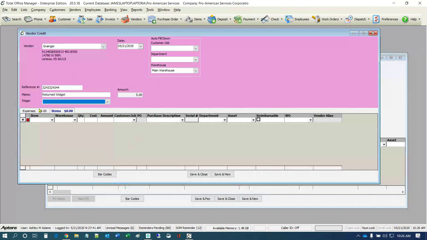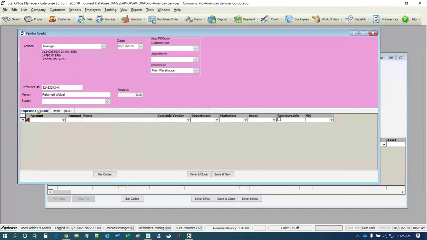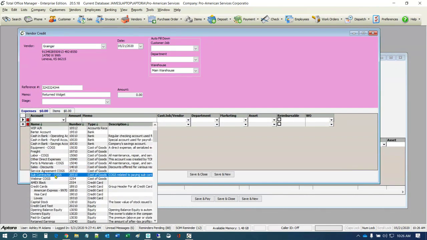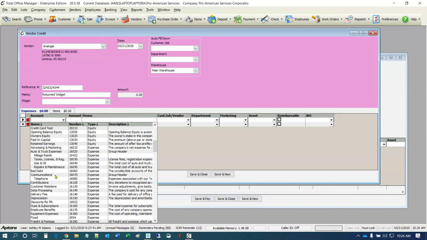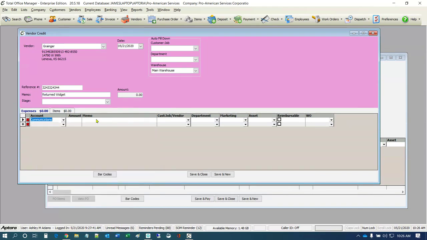Now, we've been talking about items. Keep in mind, we have an expense tab here. So what if you called AT&T and said, my internet's been really slow lately? And they said, oh, I'm sorry, ma'am. We're going to give you a $50 credit. Well, you could go in and put in a vendor credit for AT&T. So you would pick your internet account or whatever account you use to track expenses for internet. And let's just call it communications. And then I'd put in a memo explaining that the internet speed's been slow and I'd put in the $50 credit here,